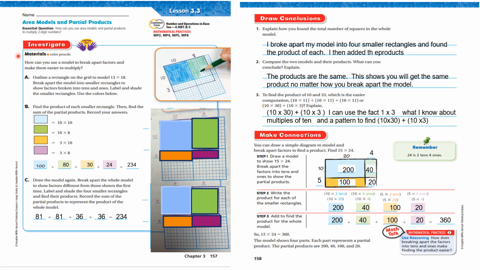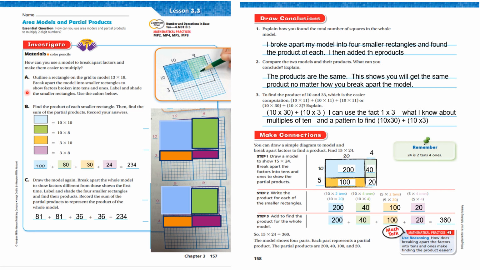You need colored pencils. If you don't have them, please get them out. You need blue, green, orange, and purple. It says, how can you use a model to break apart factors and make them easier to multiply? Well, A, outline a rectangle on the grid to model 13 times 18. Break apart the model into smaller rectangles to show factors broken into tens and ones. Label and shade the smaller rectangles and use the color